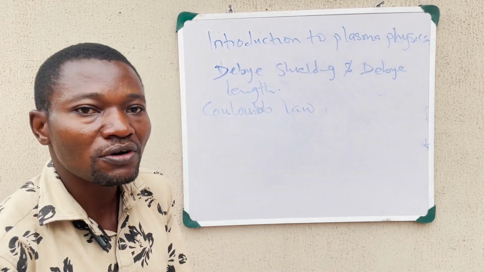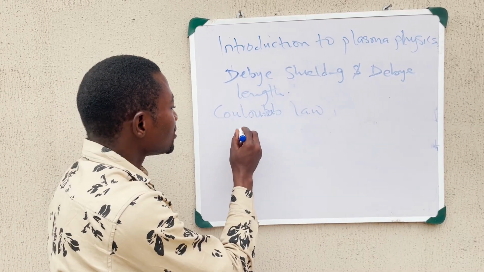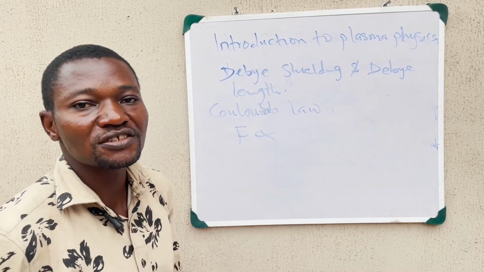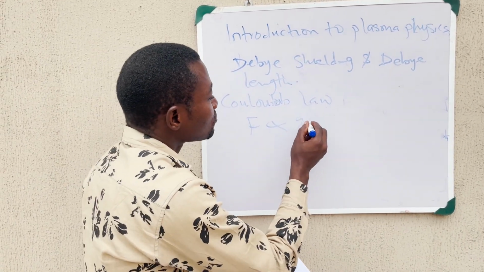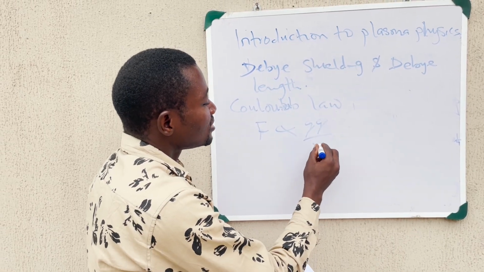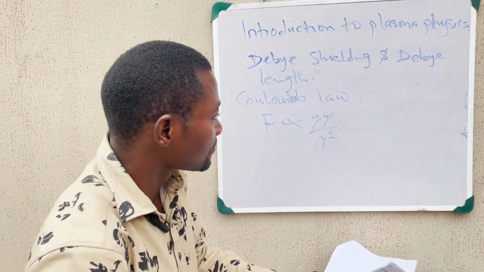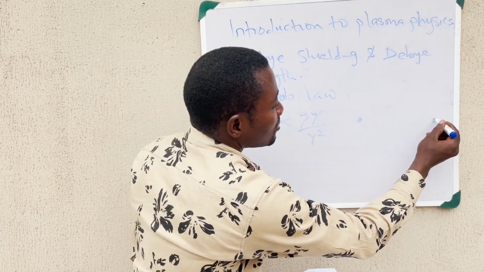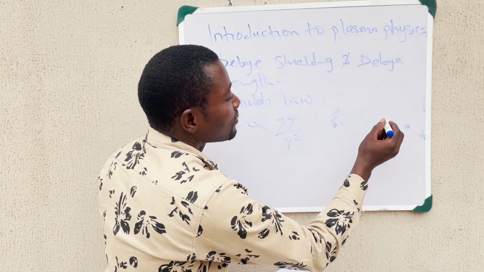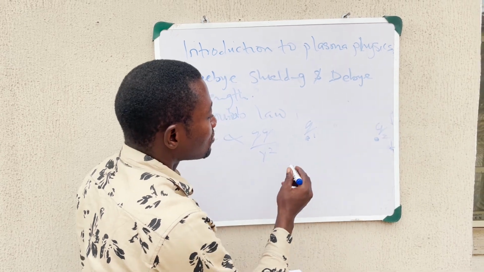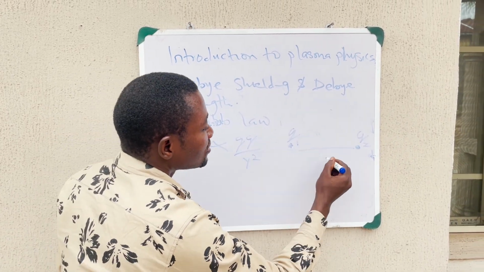Let's look at Coulomb's law. According to Coulomb's law, the force of attraction between two charges is directly proportional to the product of the charges and inversely proportional to the square of the distance between them. So let me explain this way: if we have two charges, Q1, Q2, at a distance R,